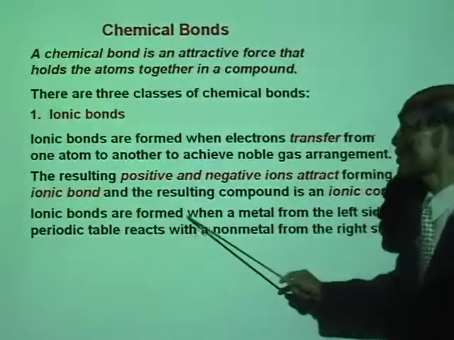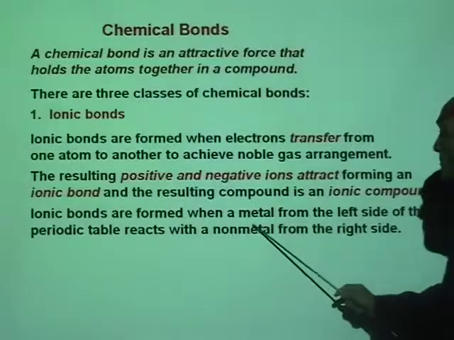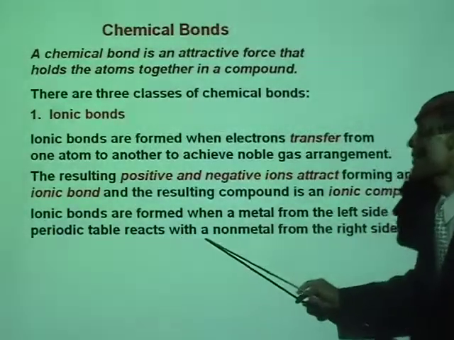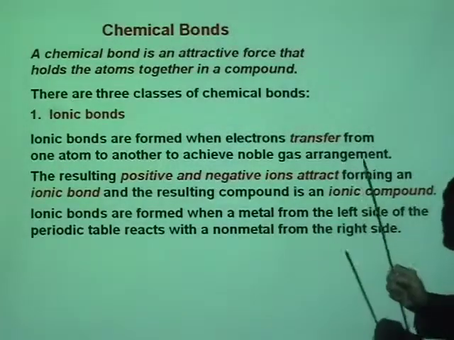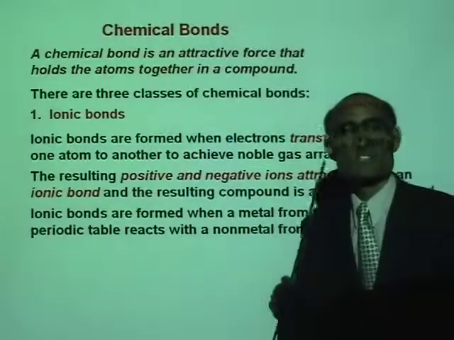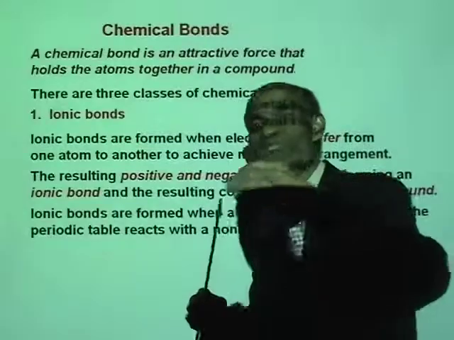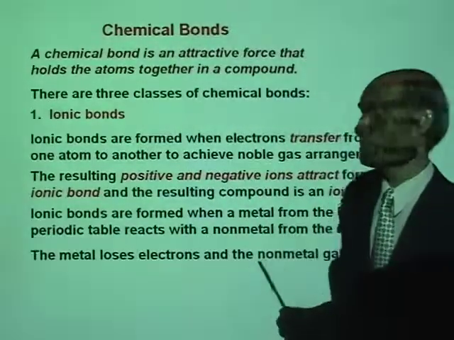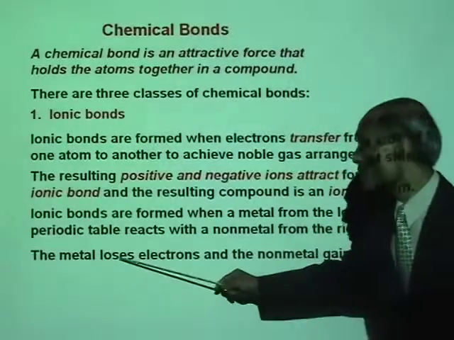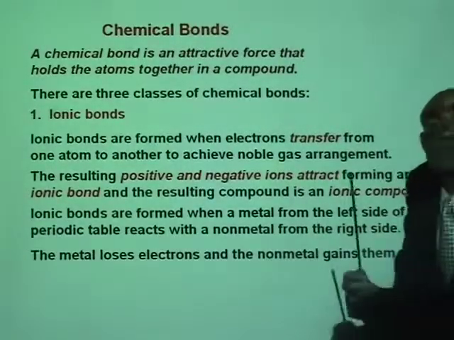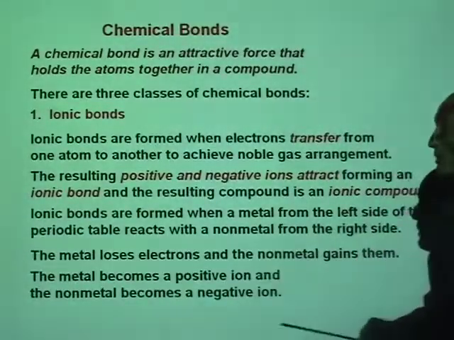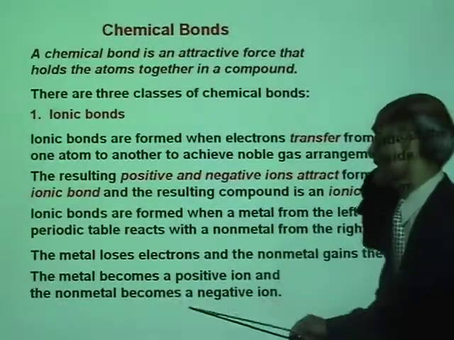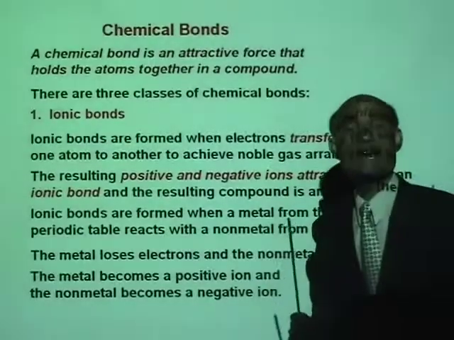So ionic bonds are formed when a metal from the left side of the periodic table reacts with a non-metal on the right side, so that the metal donates the extra electrons, the non-metal receives it. The metal loses electrons and the non-metal gains, and the metal becomes a positive ion and the non-metal becomes a